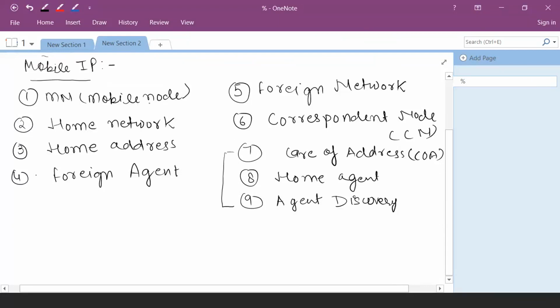So what is the mobile node? Mobile node is nothing but the users, like your mobile phones or handheld devices come under the category of mobile node. Home network is a network in which you get your registration ID. Like if I belong to Lucknow and my Airtel number is registered from the home network, that is the Lucknow Airtel agency. So from there I get the registration ID, user ID as well as the permanent IP address. This Lucknow Airtel agency acts as my home network.